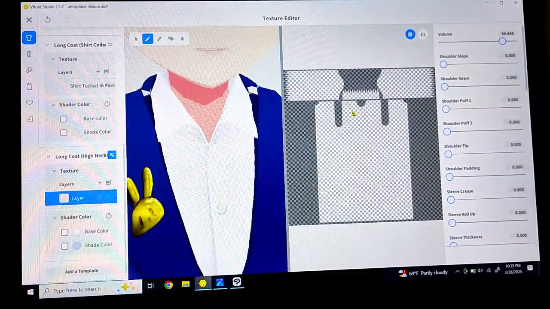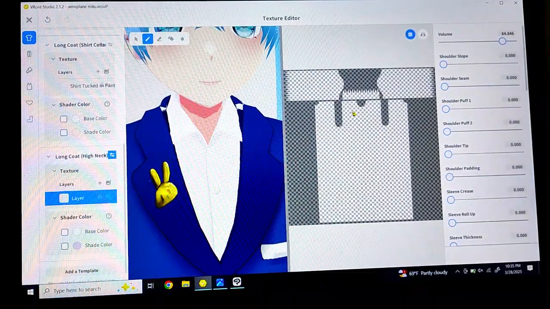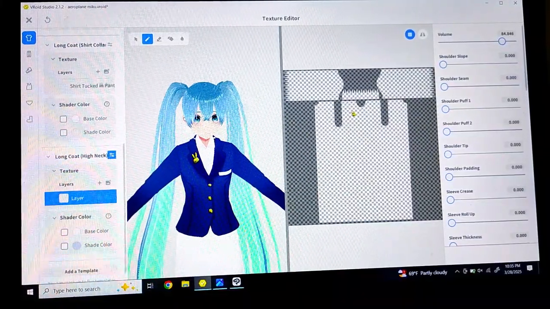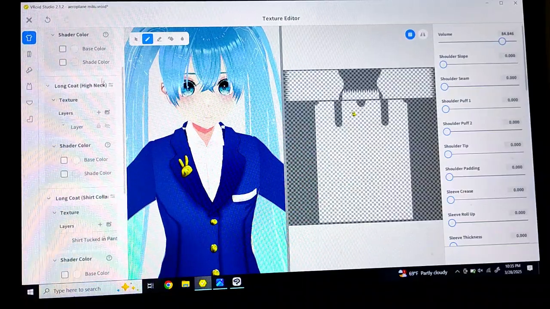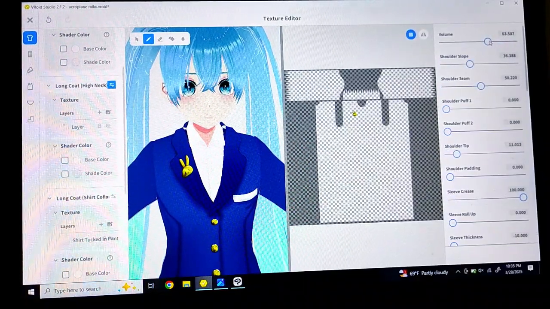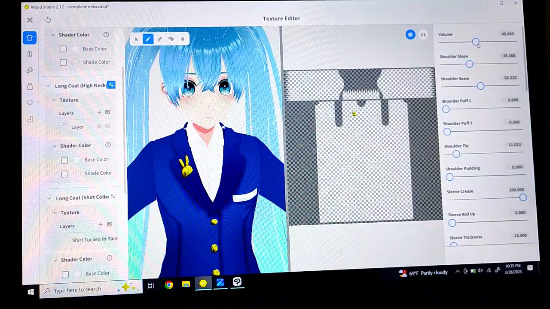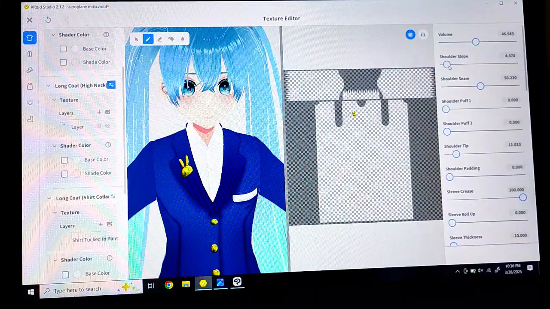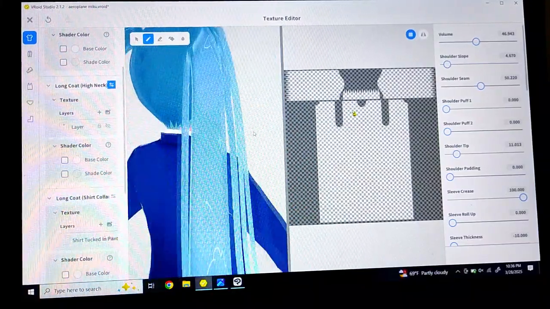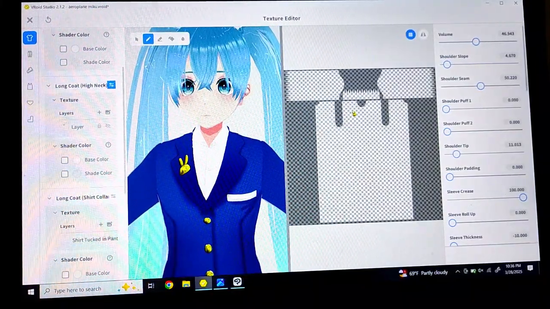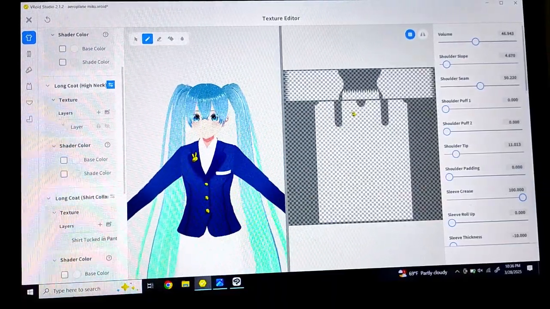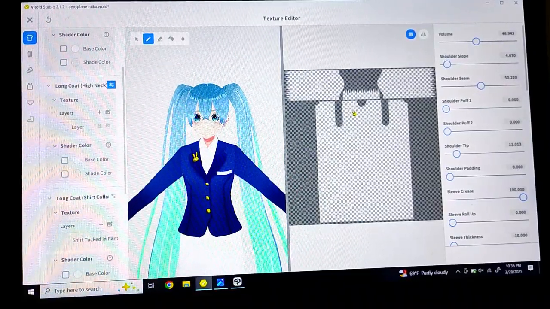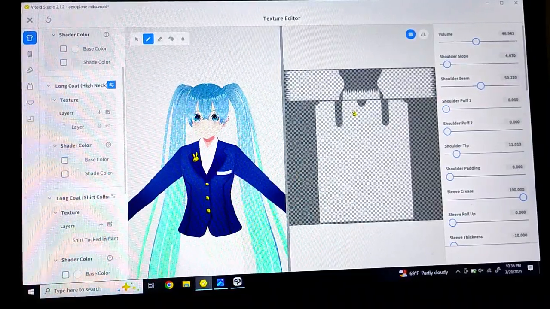And I feel like I could have moved this ear to have it more tilted because it probably would look better. But for now, I'm going to leave it, and I'm going to also adjust this color. Take down the volume a little. Maybe the shoulder slope is what I'm looking for. Yeah, to tighten the color back there. Make it look better and fit on her just right. And now from here, I'm going to go ahead and put this in a time lapse because this